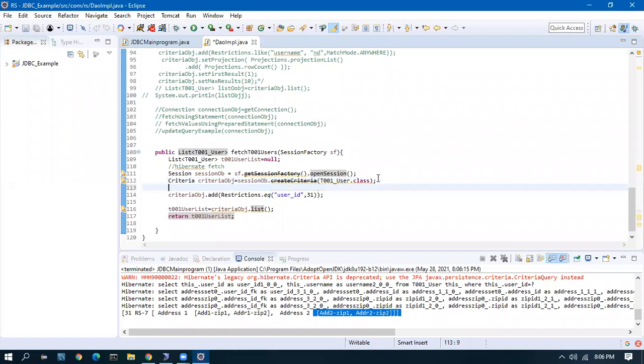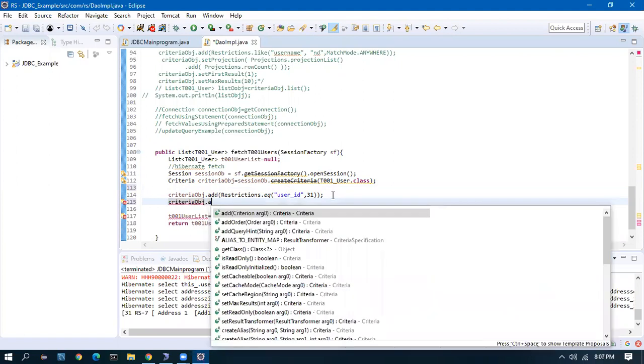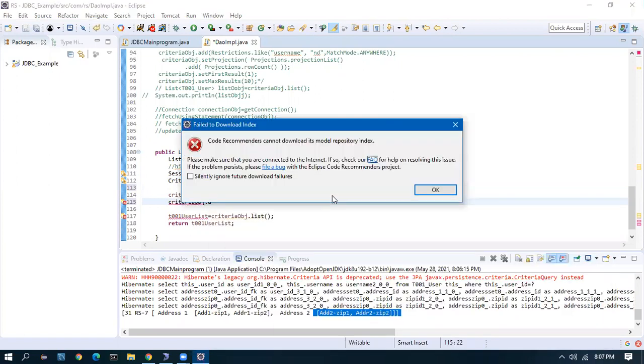Like, yeah, I've already added a criteria object. The only downside is you cannot add a criteria of the child object here, meaning you cannot add a criteria to the address object from this one.